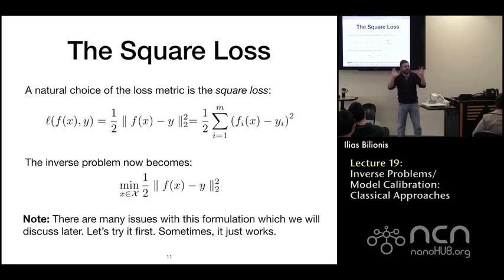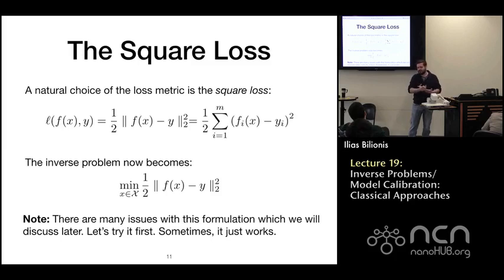So, the choice of the loss is completely up to you. Different losses will give different results, and the loss should really be tied to your decision-making process, right? What does it actually mean for your application to be wrong? Okay? But anyway, if you don't really want to worry about that, the most common choice for the loss function